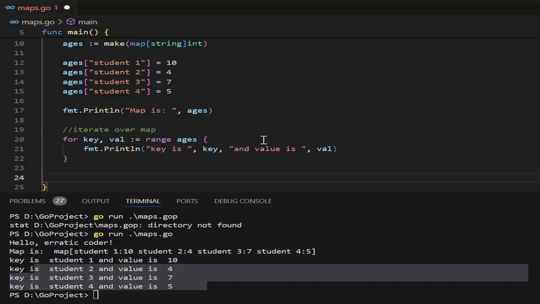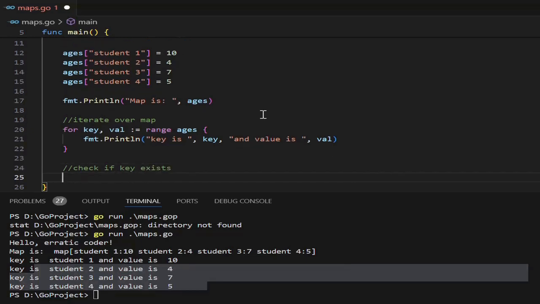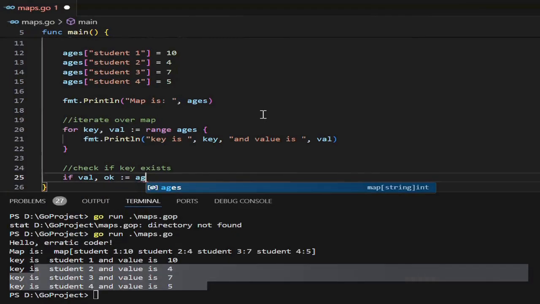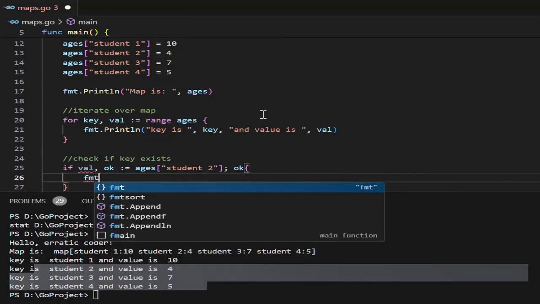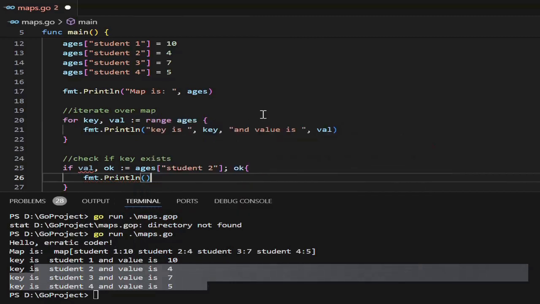Suppose you want to check whether a particular key exists in the map or not. How can you verify that? Check if key exists. So here I will use an if statement. Here we can say map variable and the key that you want to verify. Let's say I'll give student 2, and if it exists, that means if ok is true, it will print the following: yes, key exists,